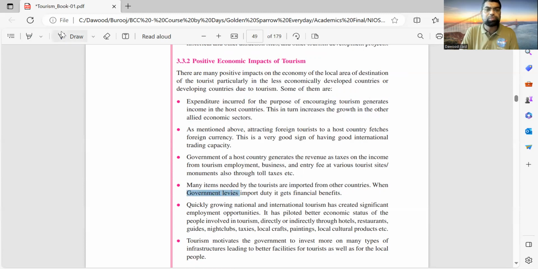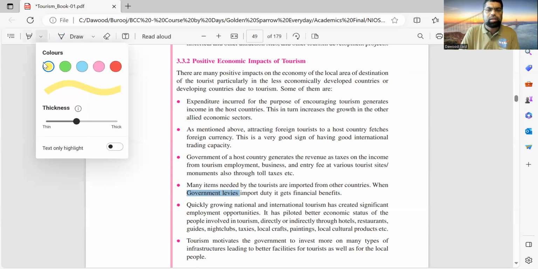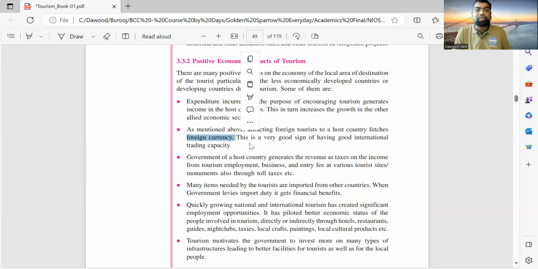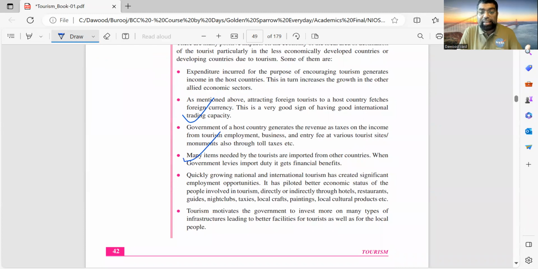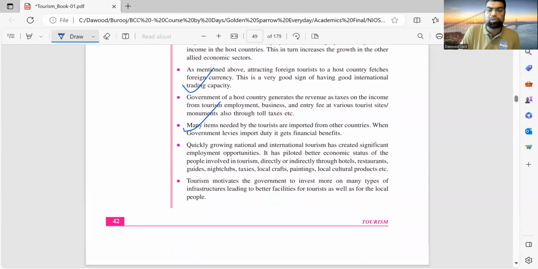Number 2, what else can we say? The infrastructure is becoming better, there are more roads, and foreign currency is coming into the capital, into the state. So you are looking at some really powerful impact pointers. Trading happens, foreign currency comes in, more opportunities arise, and local restaurants are improving. The entire area is booming because tourists are coming. So taxis are running, and they're selling more things. It will be local craft, painting, local products. This is the economic impact of tourism.